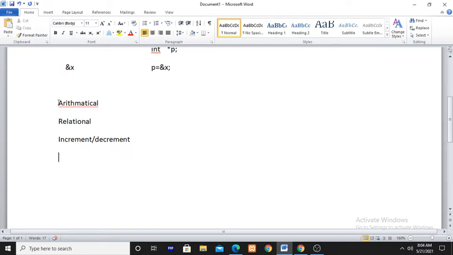First learn about these three operations: how can you perform the arithmetical, relational, and increment and decrement operations on pointers.